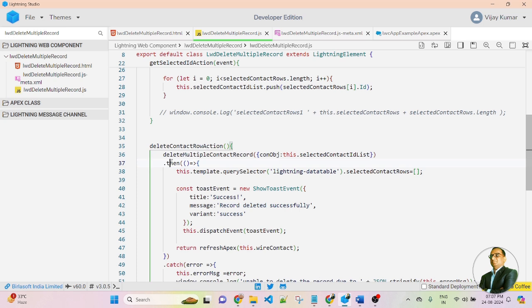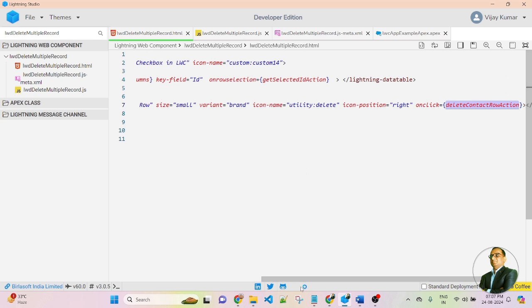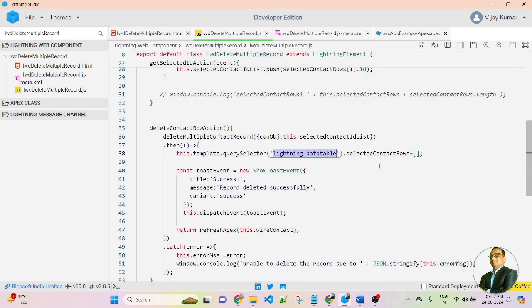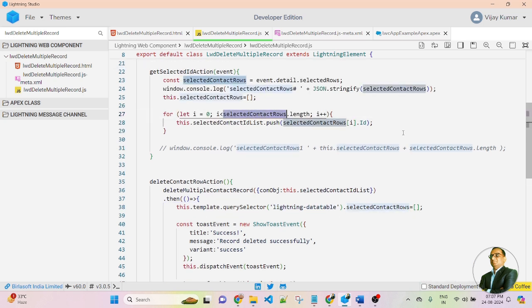After that, I am using then and catch. So in the then function, I am using this.template.querySelector. Inside the bracket, I am using the selector lightning-datatable. So this lightning data table, I am using. So friends, dot selectedContactRows. So selectedContactRow, that means this one. So friends, here you can see event.detail.selectedRows. So this event.detail.selectedRows will get all of the records that I selected from the checkbox.